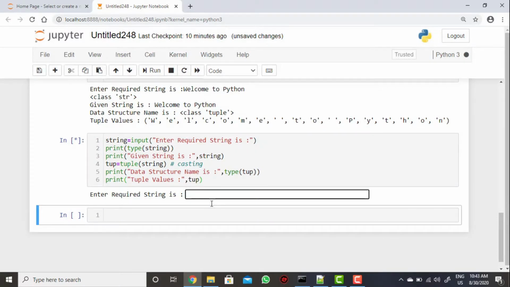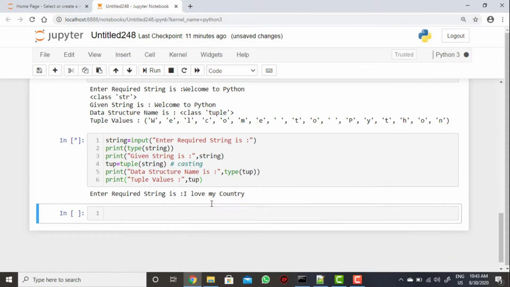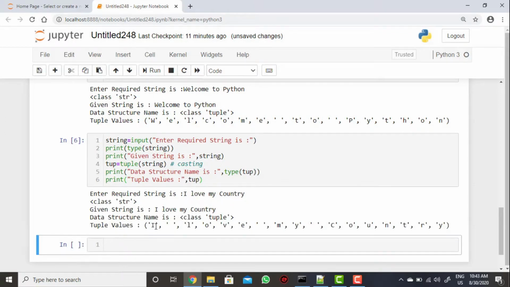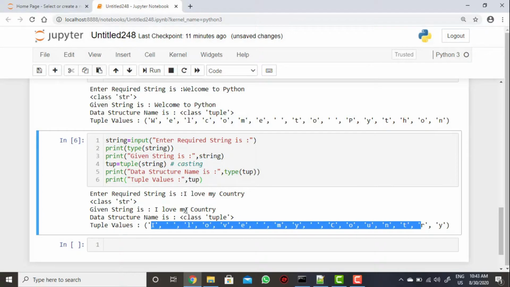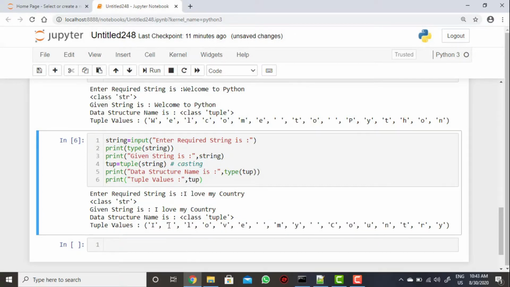Now I love my country. So now execute. Even the space is considered in Python. Space is also considered a character, so that's why it is showing here.